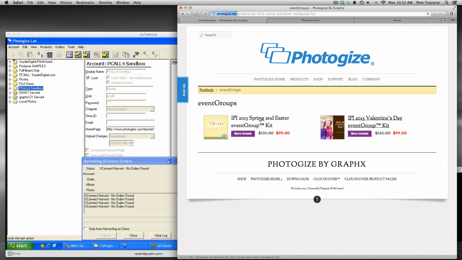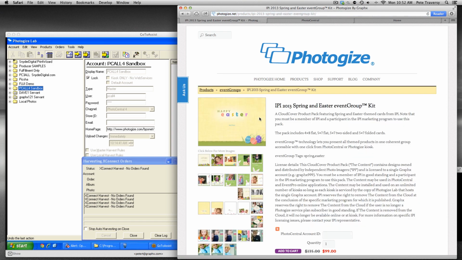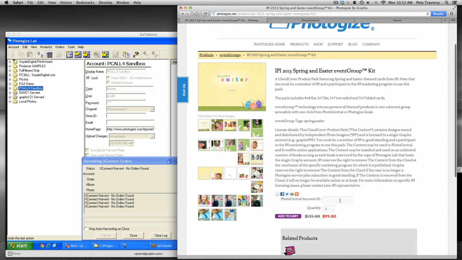So I'm going to click on that, and just to remind you, you must be a member of IPI and you must be in the MSP program at IPI in order to purchase this. We check it before we allow the transaction to complete. And we check it by way of your Photo Central account ID. So that's usually like graphics, 319, 897, 427, something like that. That number is the account ID you have for Photo Central. So key that in, click on Add to Cart,